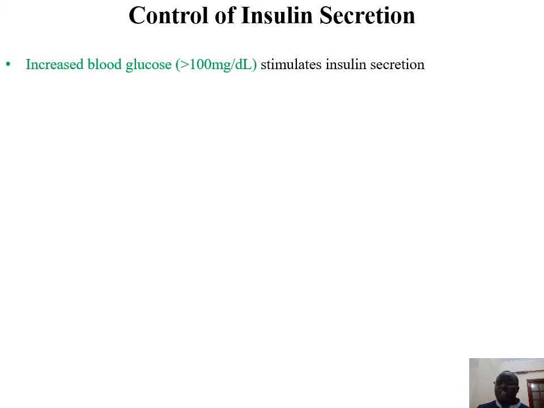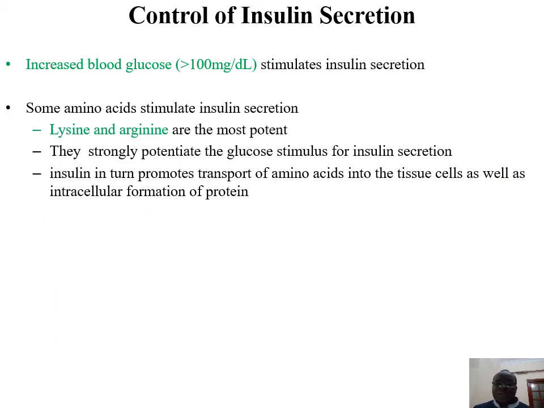There will be an increase in ATP. Then that will be blocking the ATP-sensitive potassium channels, depolarizing the membrane, opening the calcium voltage-gated ion channels, calcium entering, and that will facilitate exocytosis. Then you have secretion of insulin. So an increase in glucose level above the normal acceptable range will stimulate insulin secretion. Some of the amino acids will stimulate insulin secretion as well. Lysine and arginine are the most potent that can also stimulate the release of insulin,